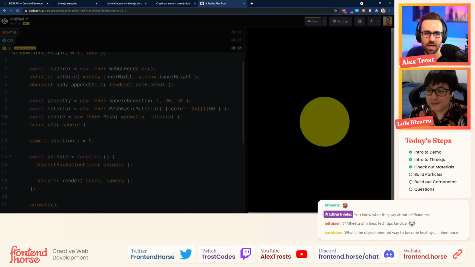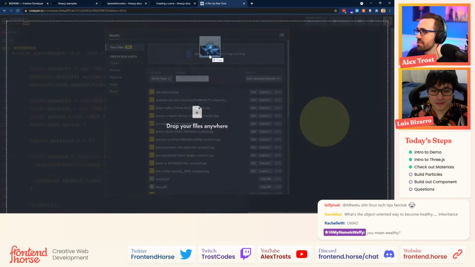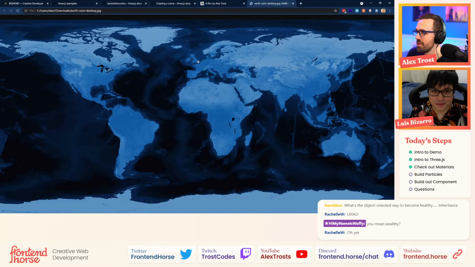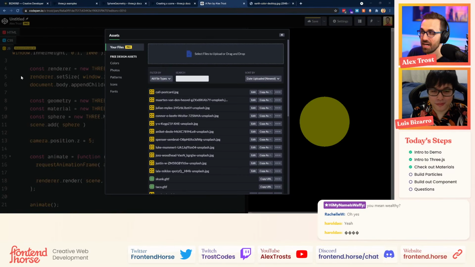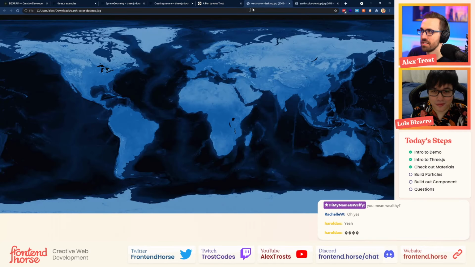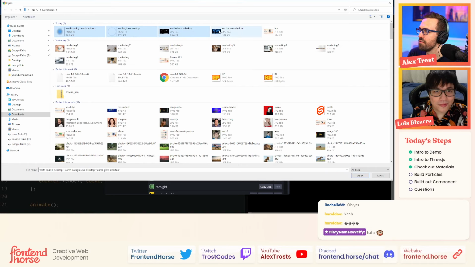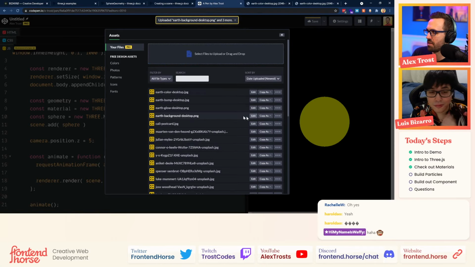And show everyone how to upload assets to CodePen. Let's hope the drag and drop thing works. It sometimes does not. It gets a little funky. It might try to open these up in a new tab. Yep, it opened them. All right, hold on. I'll do it one at a time, maybe. That sometimes works. It's not working. All right, so I'm going in. 1, 2, 3, 4, grabbing those. And so, yeah, it's uploading these.